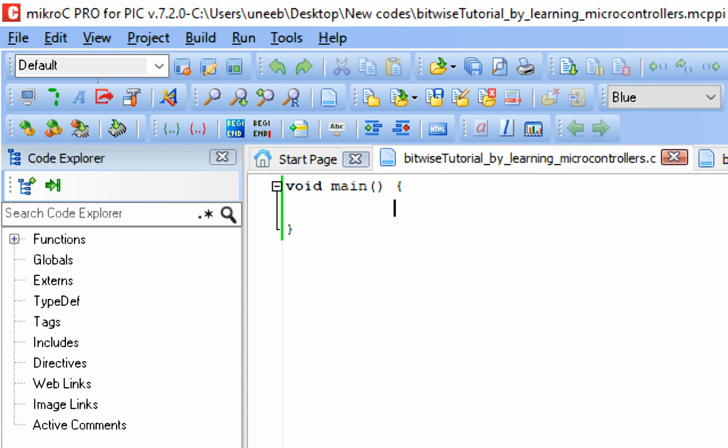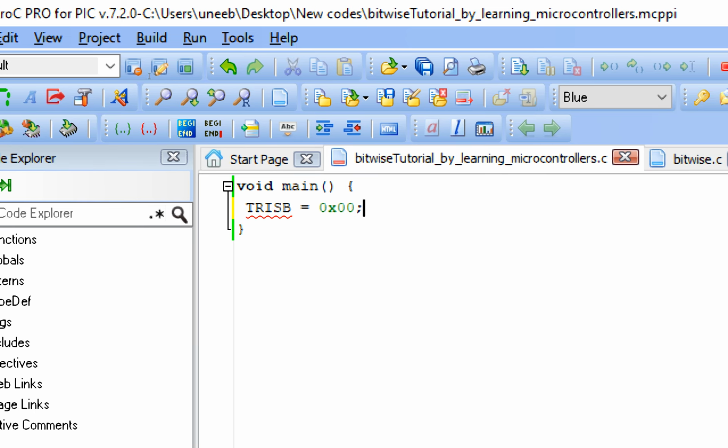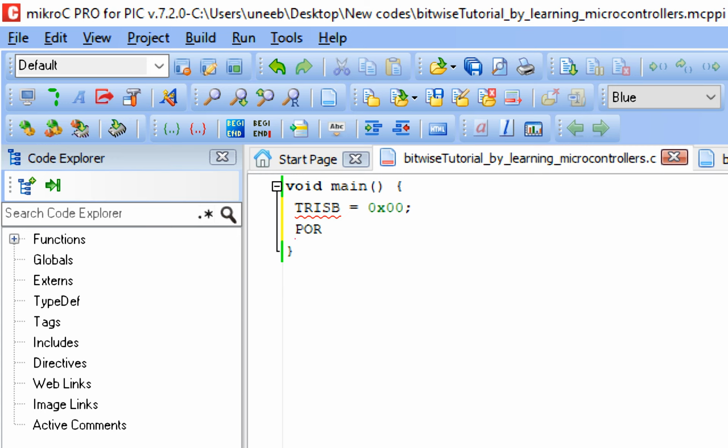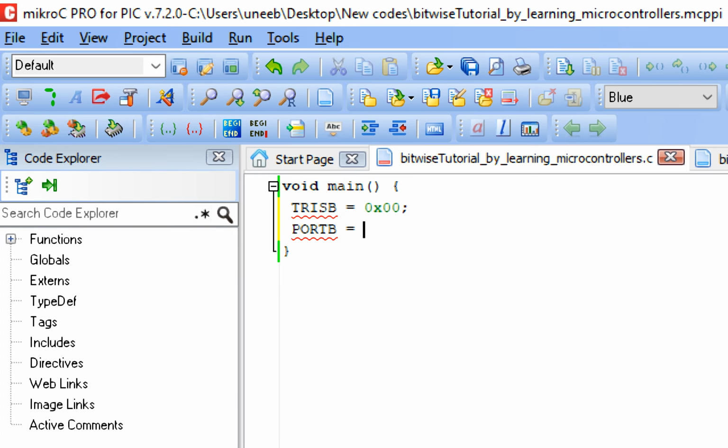Now guys, first of all, we initialize the port, that is TRISB, complete port B equals to 0x00. Now the port B is an output port, this is the direction register, 0 means it's output and 1 means it's an input. Now guys, give the initial state, PORTB equals to, now initially we want all the LEDs